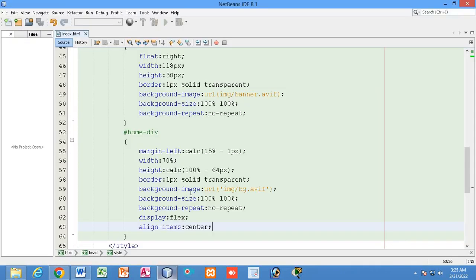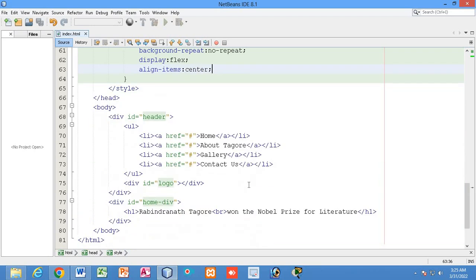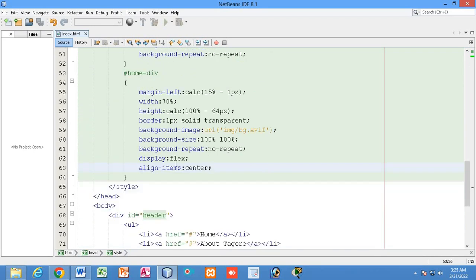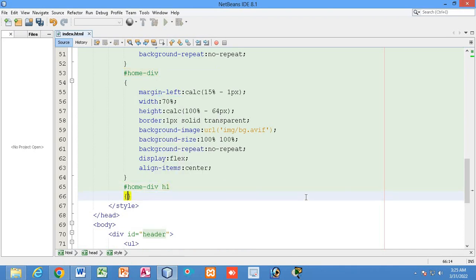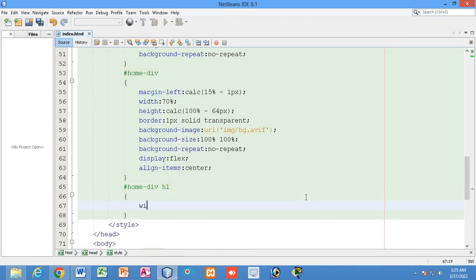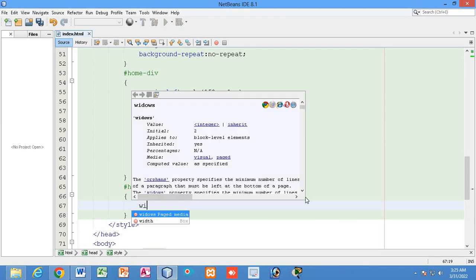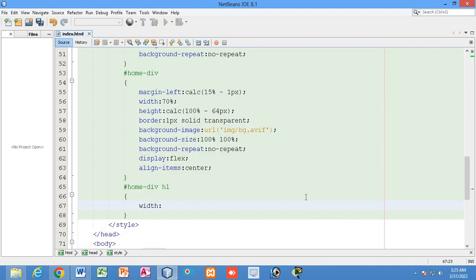So vertical center, we have got it to the vertical center. Now I will write the CSS for the heading. So you can see just inside the home div we have got the h1 heading, and for the h1 heading I am going to write the CSS. So I will write the width will be 100%,